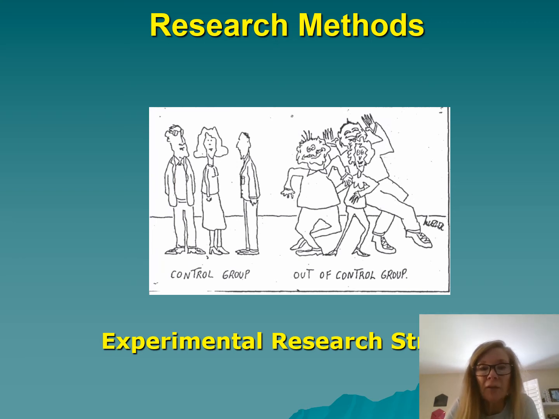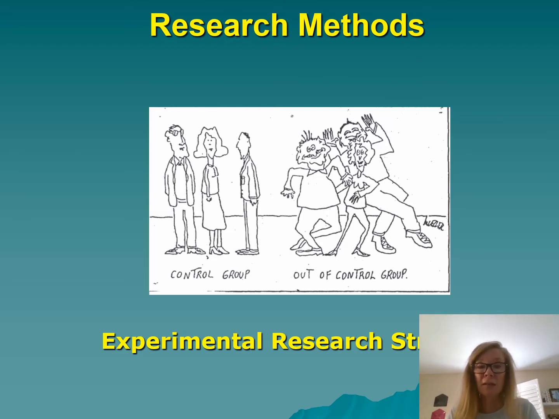Welcome, students, to the lecture on the experimental research strategy for research methods. I'm going to break this lecture down into smaller parts. In your syllabus, you can see that this lecture on the experimental research strategy appears in two parts. But instead of having part 1 and part 2, I'm going to have part 1A and B and part 2A and B, because there's a lot of material in this particular chapter. This is associated with chapter 7 in your text, and I want to be sure that we go through it